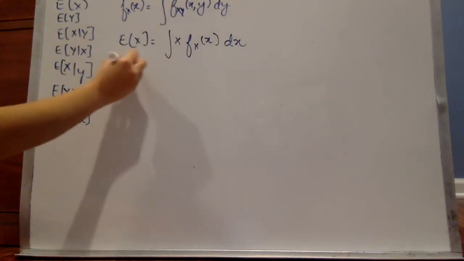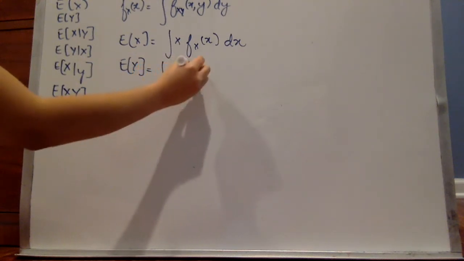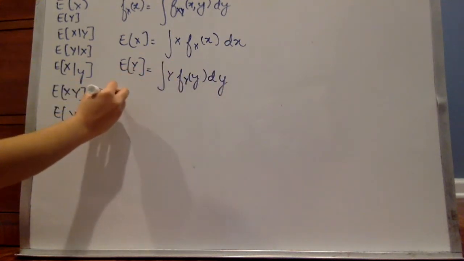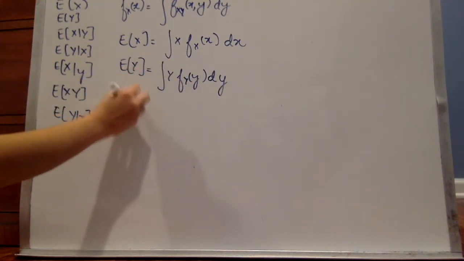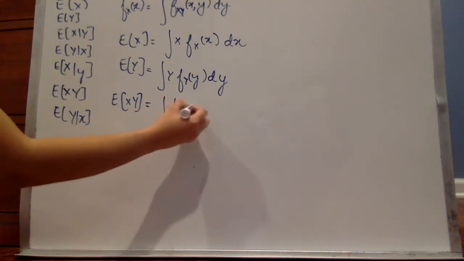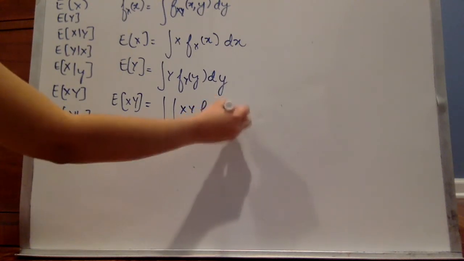Similarly, expectation of y will become the integral of y f_Y(y) dy. Expectation of xy will be equal to the double integration of xy multiplied by the density function of xy